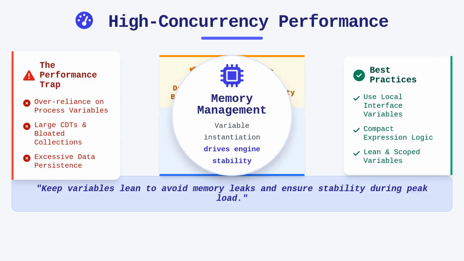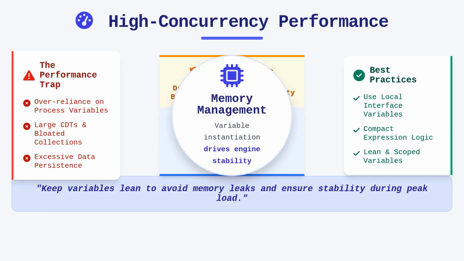Performance in high concurrency environments requires a disciplined approach to process design, specifically regarding the variables we instantiate. Every active variable, especially large objects like CDTs or collections and process variables, consumes memory in the execution engine. Developers often fall into the trap of over-relying on process variables when local variables in an interface or a compact